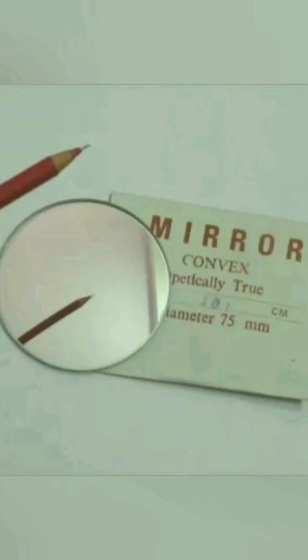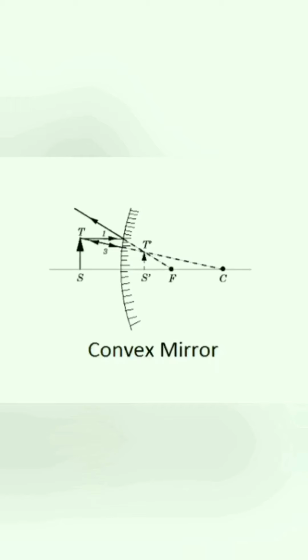Because a convex mirror has a wider field of view, it is used for security purposes and also as the rear view mirror of vehicles. But one of the disadvantages of a convex mirror is that it does not give the correct distance and speed of the vehicle approaching from behind.